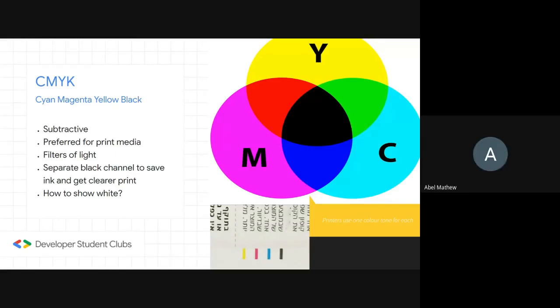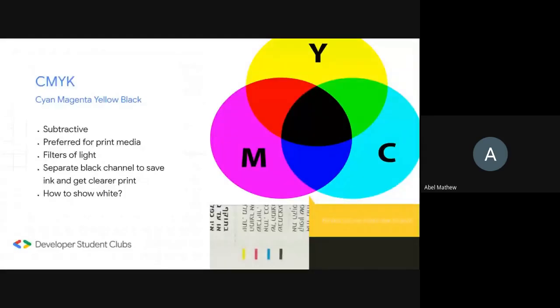Maybe the accurate slides are not visible. Slides are not visible? They are visible. It's all right. I'll share once again. No issues. What can you all see now?